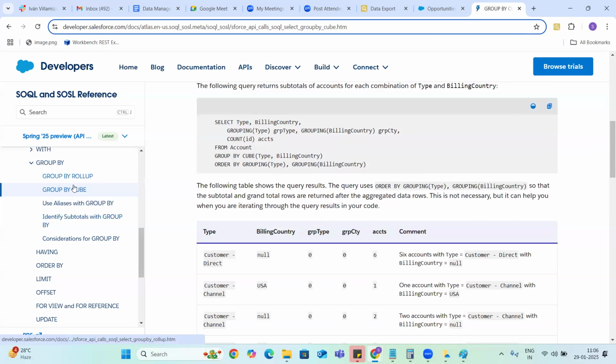I don't know, I never used this thing, guys. Group by cube. But in tomorrow's class, I'll go through it and I'll explain it to you.